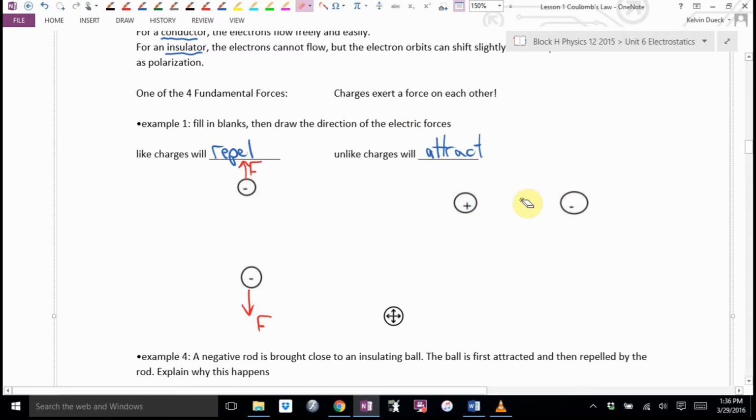Here are 2 unlike charges. What will they do to each other? Okay. For example,